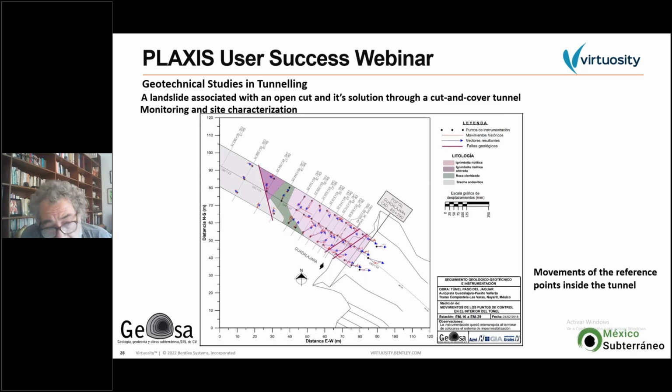These movements are measured inside the tunnel, and you can see the tendency of these vectors. So the mechanism and the kinematics of this phenomenon was very clear for us. The mode of deformation of the tunnel was clearly indicating that this wedge we defined was real, and also it was limited at this point where one of the main faults and contact